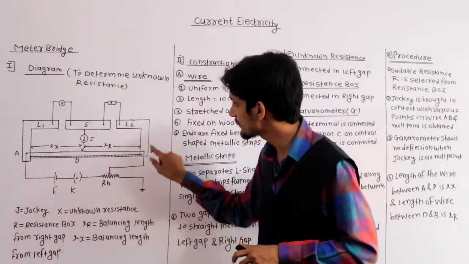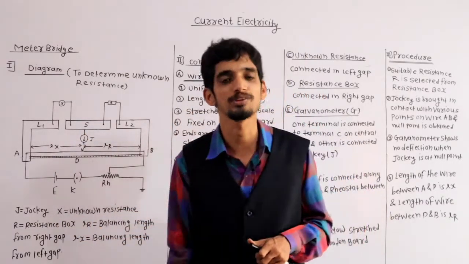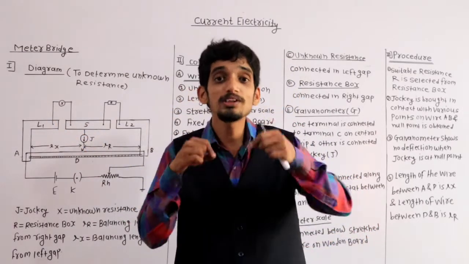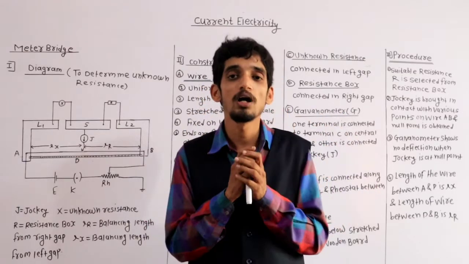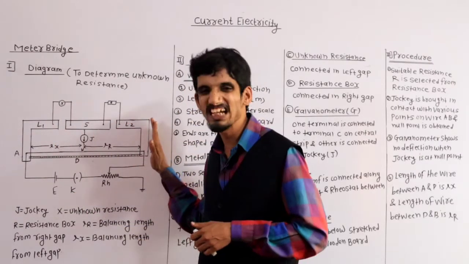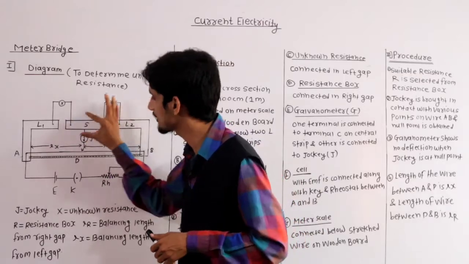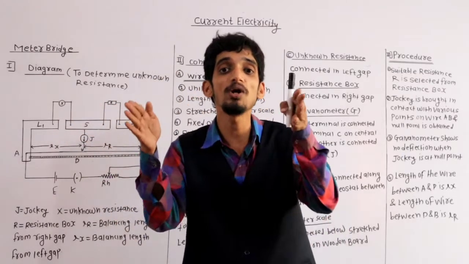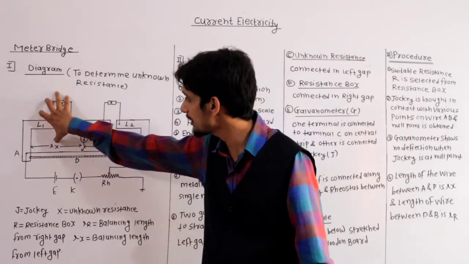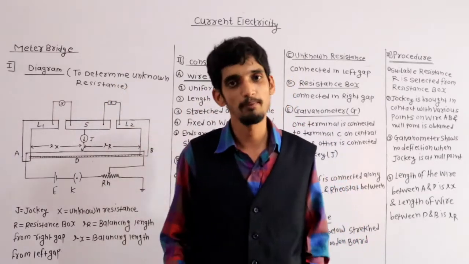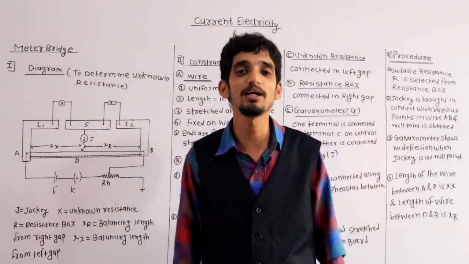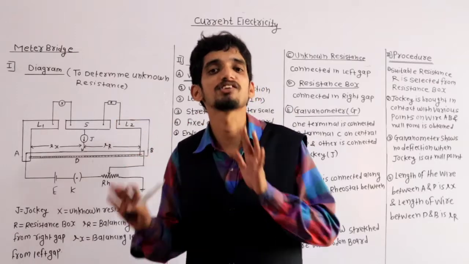So L1, L2 are the two metal strips, and what is the shape of those metal strips? They are L-shaped metal strips. How are these L-shaped metal strips formed, or how are these gaps formed? Observe here, L1 is the first L-shaped metal strip, L2 is the second L-shaped metal strip, and a third straight metal strip is placed between these two L-shaped metal strips, so that there is a formation of two gaps. This gap is called the left gap, this gap is called the right gap. Clear? So the left and right gaps are formed due to placing of the straight metal strip between the L-shaped metal strips.